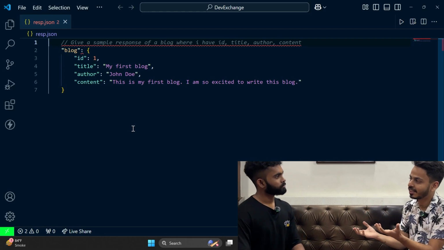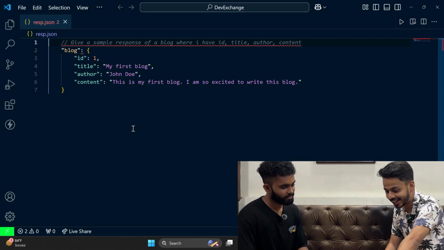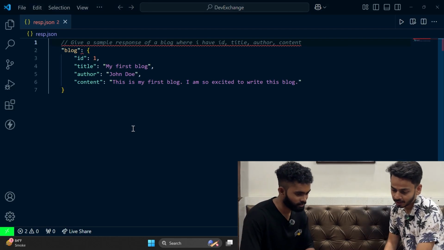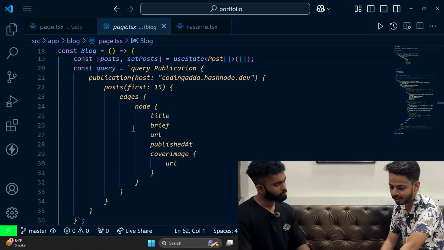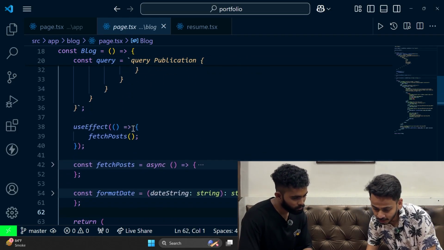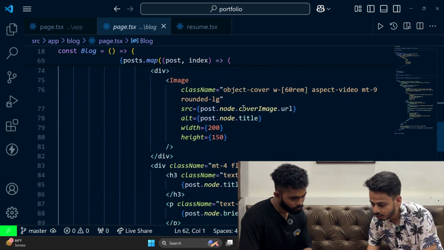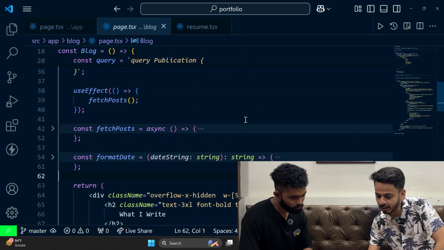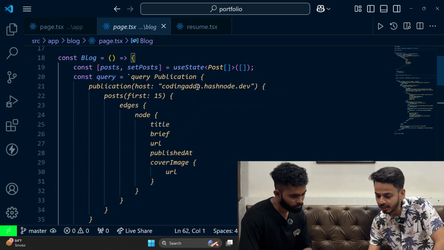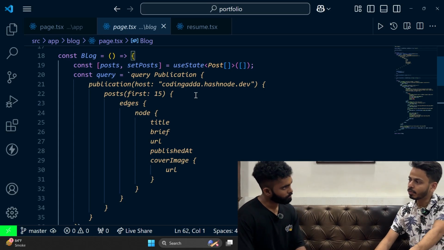In a traditional scenario, what do we do? First map it, and then go from blog.id, then blog.title. But the one thing you do here is that there's no need for blog.title. Just go and print title. If you see here, I guess it would be post.node.coverimage.url. Obviously, since these are objects,